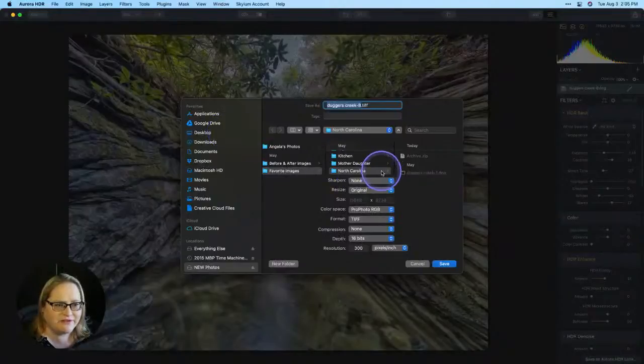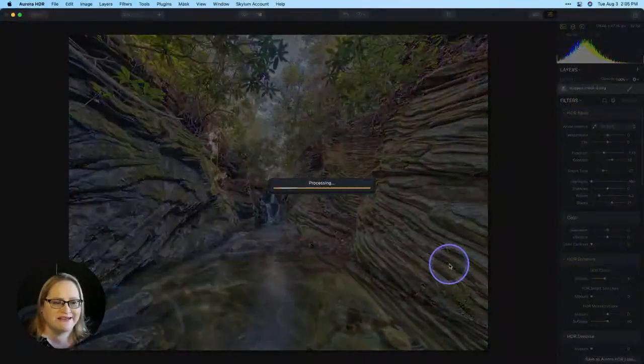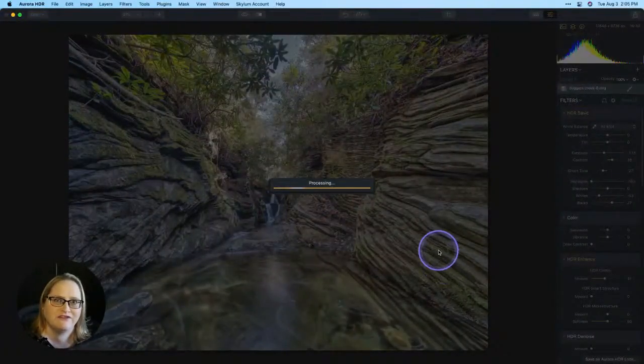So I'm here in my North Carolina folder. I'm going to save this as a ProPhoto TIFF, 16-bit depth, 300 pixels per inch. This is going to be a very, very large file, as you can see from the pixel dimensions. It is a huge file. So I'm going to go ahead and click Save, and that's going to take it right back over to that